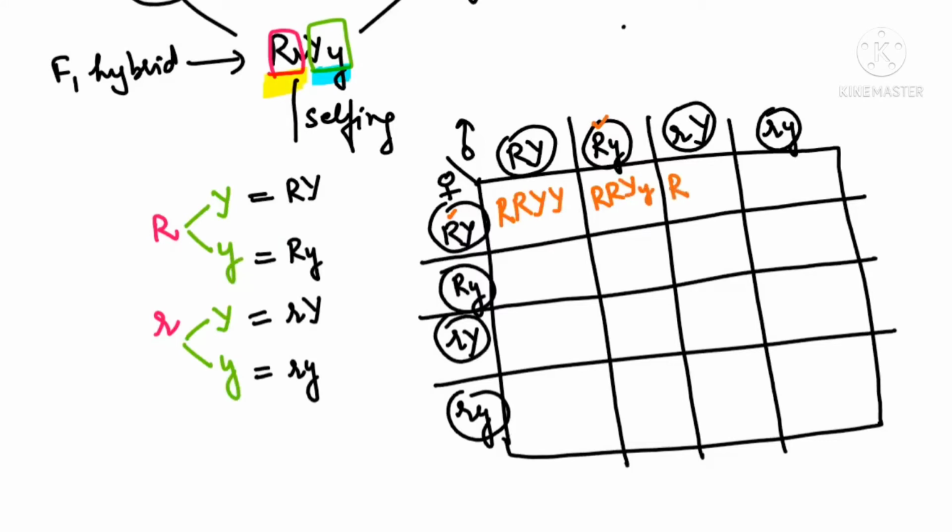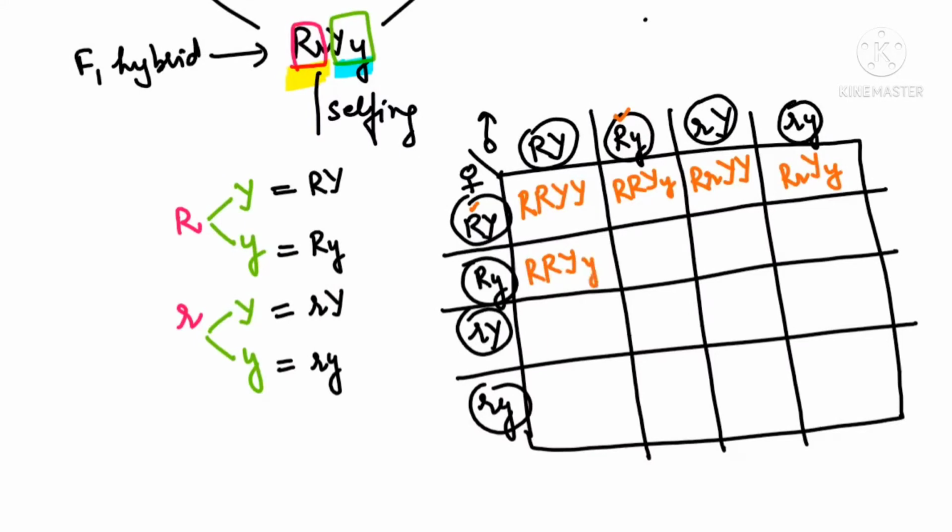So first the dominant is written, then the recessive is written, and then you have to make this the genotype of the progeny. Are you understanding how we have to do it? First, the same allele pair should come together. If capital R or small r is there, then they should come together. And if they are heterozygous, then first the dominant should be written and then the recessive. Clear, beta? Now I'm working fast. I hope you have understood. So we will do it fast here.